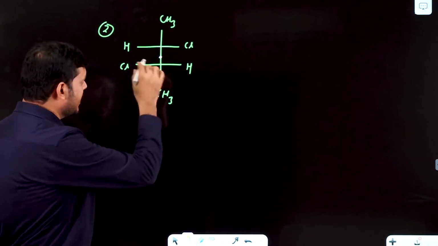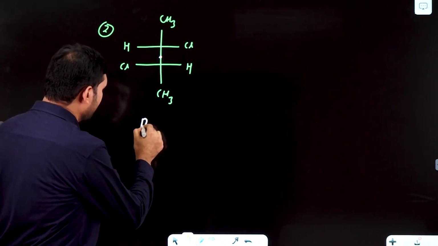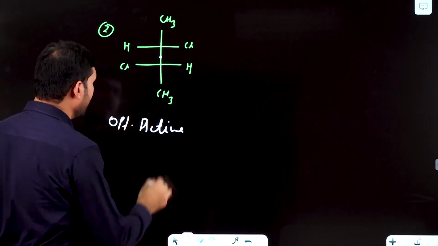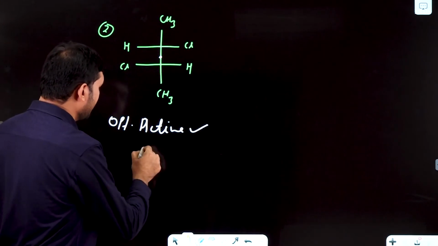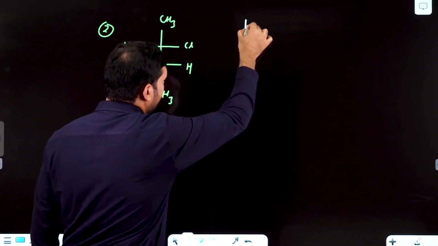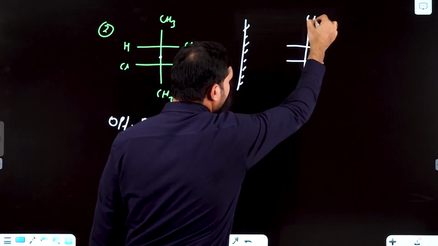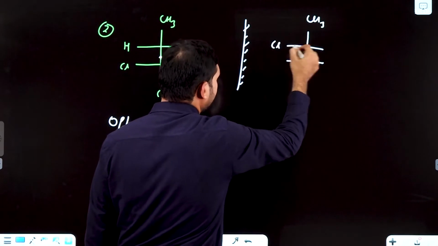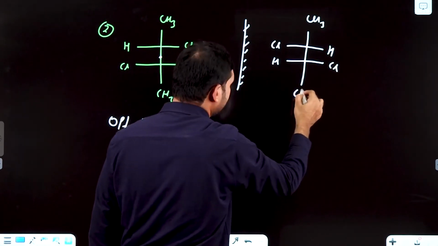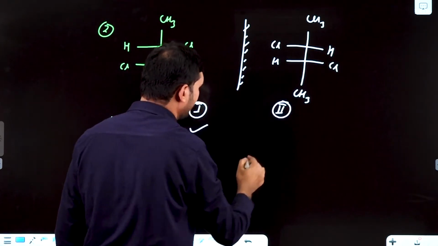So if I say that this is optically active, plane polarized light rotation occurs from this, then just draw its mirror image: CH3, Cl, H, H, Cl and this is CH3. So compound 1 and 2